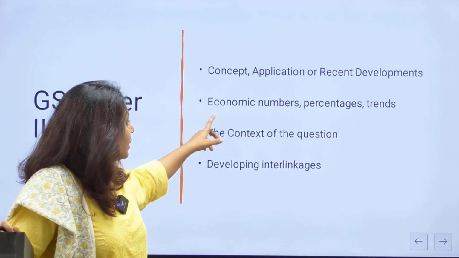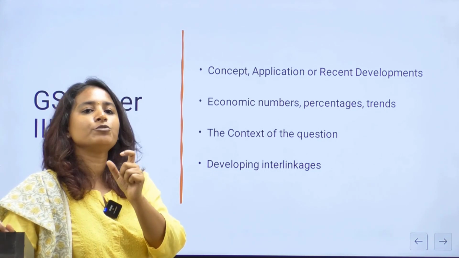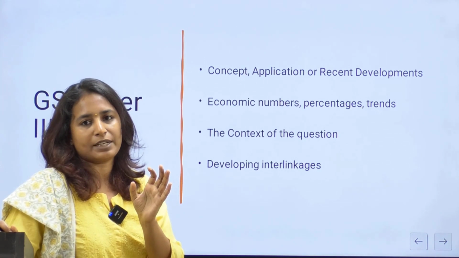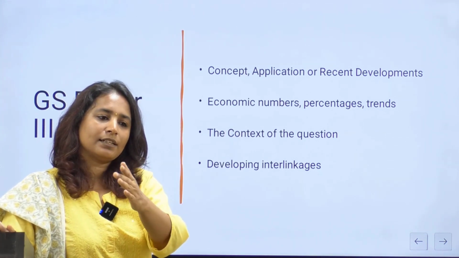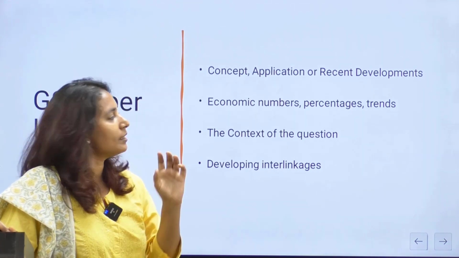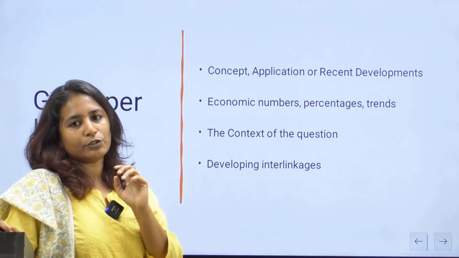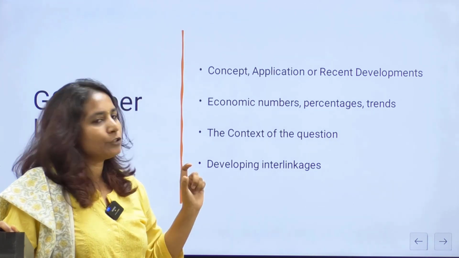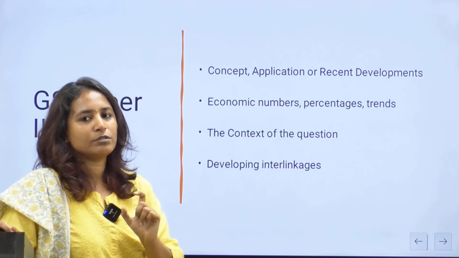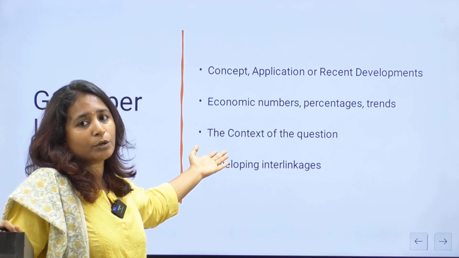ठीक है, इकोनॉमी में विदाउट गिविंग सम फिगर कि भाई पॉवर्टी कितनी रिड्यूस हुई, अगर आपने कुछ परसेंटेज नहीं दिया, या सम रीजन्स इफ यू हैव नॉट एक्सप्रेस्ड, जस्ट गिविंग की पॉवर्टी 2015 से लेके 2020 में इतनी रिड्यूस हुई, दैट विल नॉट फेच यू मच मार्क्स इफ यू हैव नॉट रिटन द परसेंटेज। और what has been the trend in the GDP growth, उसमें भी अगर if you are able to draw graph sort of, or if you are able to give some number, that will fetch you marks। ठीक है, कॉन्टेक्स्ट ऑफ द क्वेश्चन बहुत इंपॉर्टेंट होता है इकोनॉमी में।